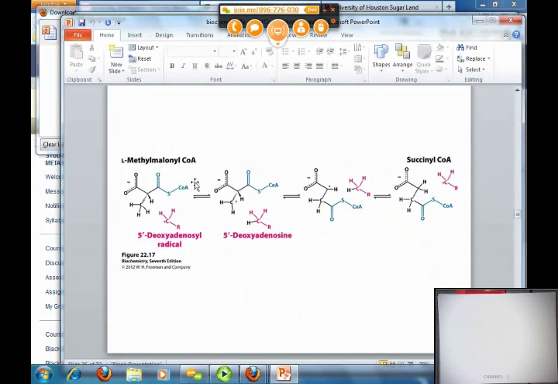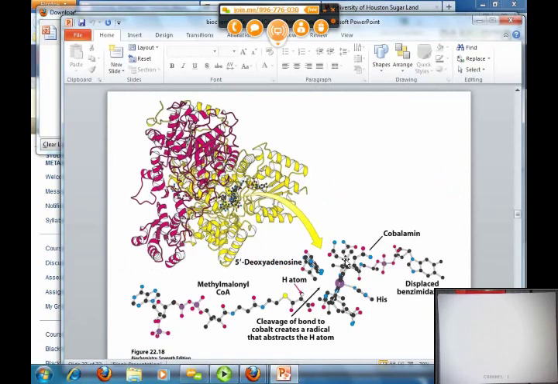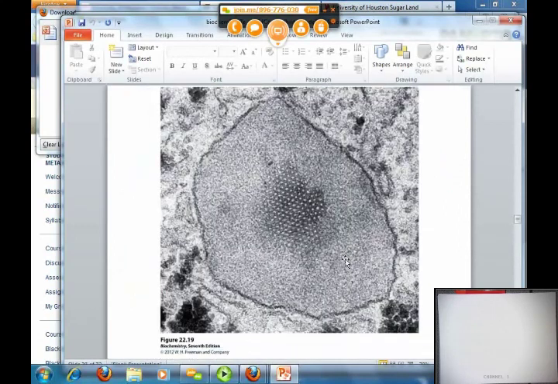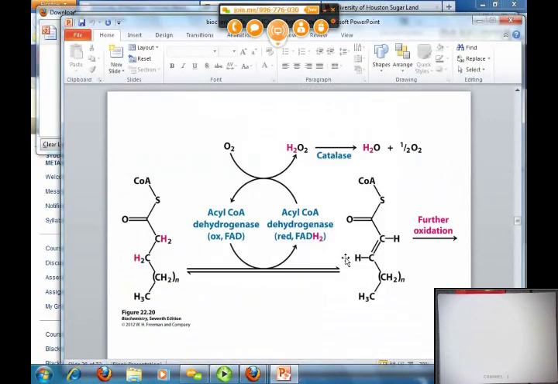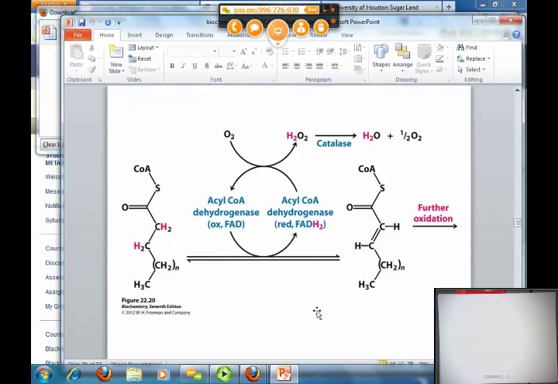And the L-methylmalonyl-CoA is being converted to succinyl-CoA. I mean, these are the intermediate steps in the mechanism. And this is another cartoon explaining the same mechanism. And here you can see the acyl-CoA dehydrogenase, oxidized FAD, here the reduced FAD, FADH2. In the presence of oxygen, hydrogen peroxide is produced, and that is converted to water in the presence of catalase, and further oxidation, the mechanism,